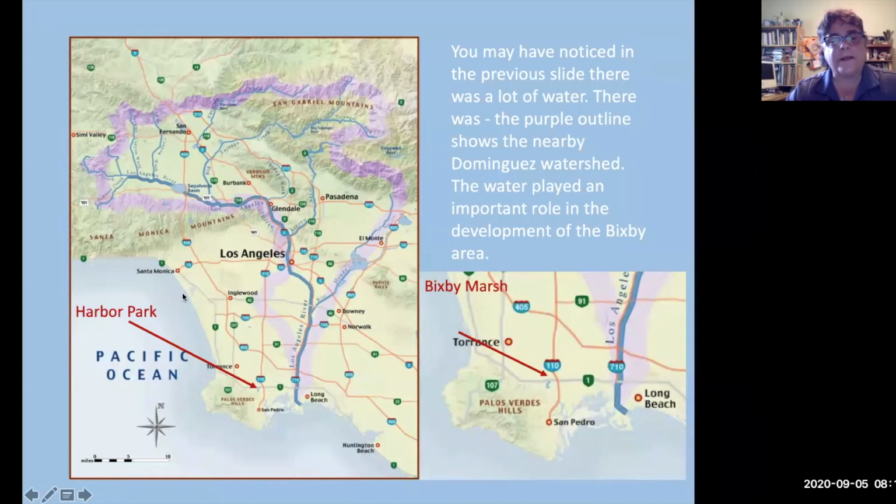This is Bayona wetlands. There's the Redondo Trench, it may have gone there, may have migrated back here where it goes into Long Beach. So this wetland area or this watershed would have shifted throughout the area over time. This area right down at the bottom is Harbor Park. And as you know, we're above PCH, so we're located right here. This water is super important for the development of the area.